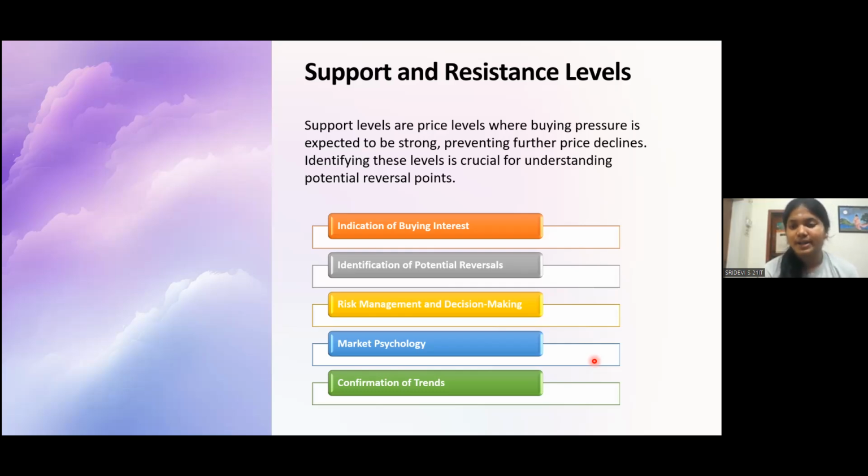And fourth comes the market psychology. So by plotting these support levels, we can understand the psychology of the market, that is in what trend the market follows, or whether it is an uptrend, whether it is a downtrend, or in which period this specific trend is observed can be learned, so that the market psychology